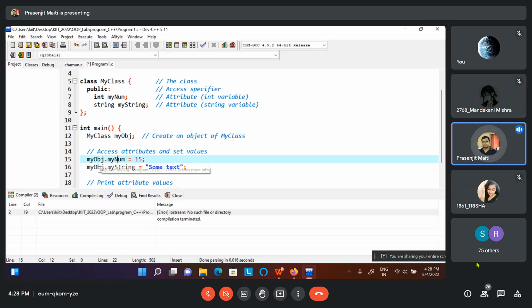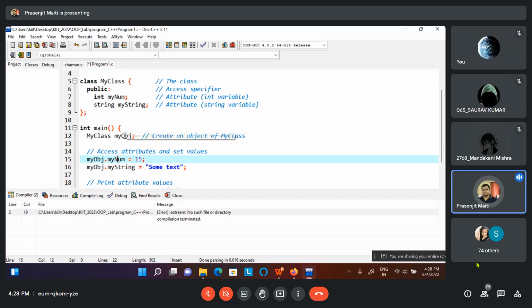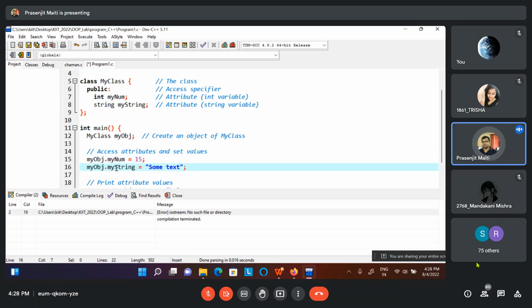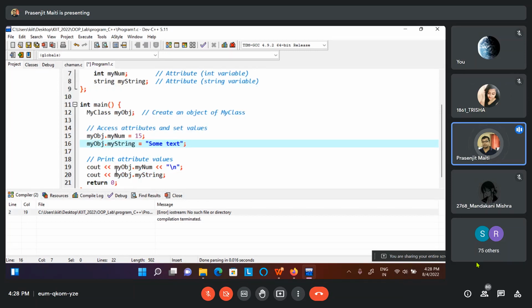Now my object also contains another attribute, which is my string. So any object contains all the attributes from its class. So my object dot my string, we assign the value some text. Now if you want to print the value, you know how to print: object name dot my num, object name dot my string,